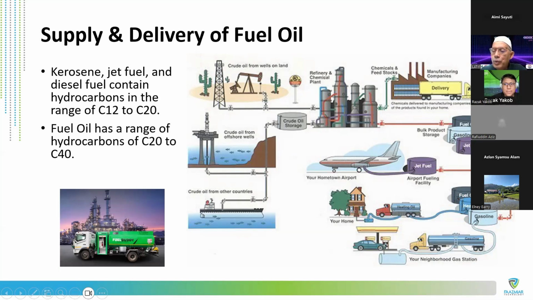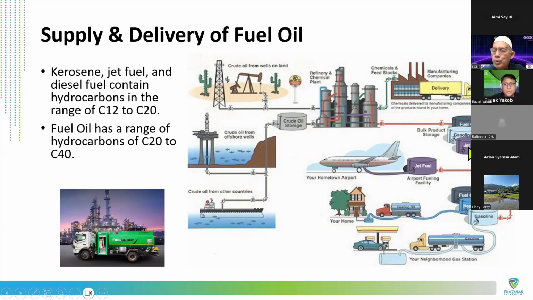And some of the fuel will go into jet fuel for jet fighters, aeroplanes and helicopters. Some of the products will also go to our houses for gas, and then to the petrol stations for diesel and petrol. So this is the distribution and delivery of the product from the well to the refinery, from the plant itself,